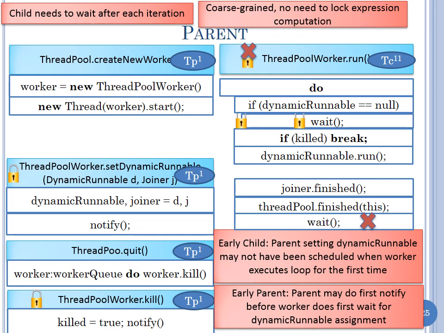What's going to happen? The first time you do a wait, you do dynamic runnable.run, and you come back here, and you still find dynamic runnable to be not null. So you won't wait. The first wait will occur, but the second wait will not occur. Right? By the way, if you're checking dynamic runnable, put a lock there too, and we have to go and set dynamic runnable to